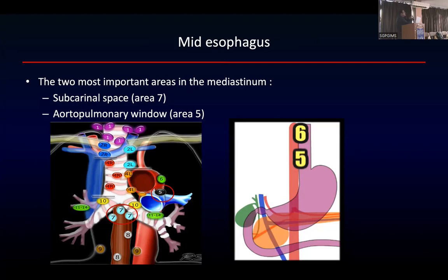Station 3 is at the level of duodenal bulb. Station 4 is at the level of stomach, below the GE junction. Station 5 and 6 are in the mediastinum. That's what this 5 and 6 means. This is just to make everyone on the same page. If I say that I have examined station 1, that means I have examined that area. If I say I am examining station 5 and 6, that means I am examining